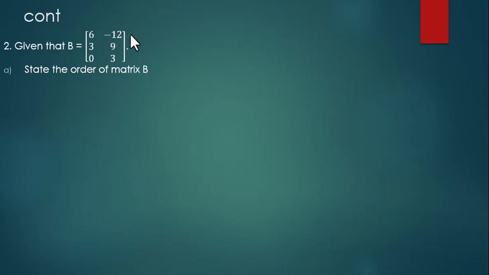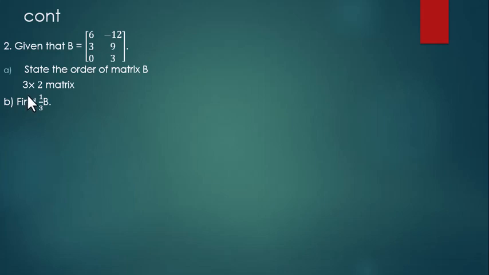We have 1, 2, 3. And the columns we have how many? 1, 2. So this is a 2 by 3 matrix. Okay, so this is how we are supposed to answer this particular question. Then question B, we're told to find